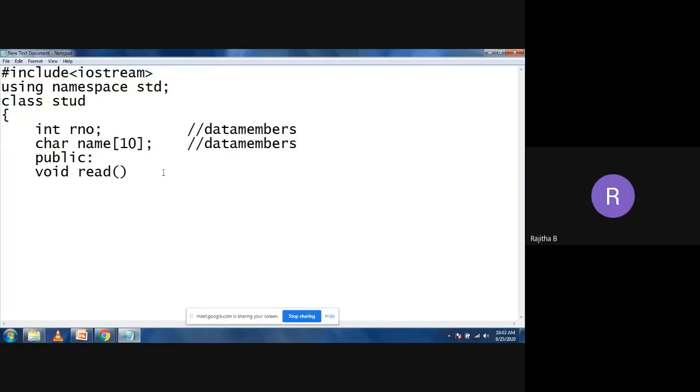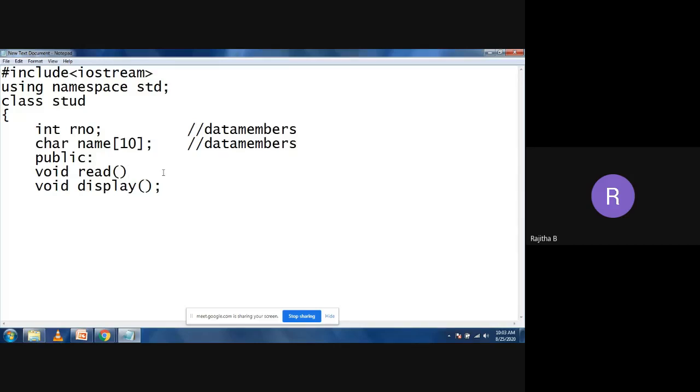Yes, ma'am. Good. Now I'm taking the 2 member functions, to read the values and to display the values. So I'm taking the display function to display the values of my class. Now see here, in two ways we can define the member functions: within the class and outside the class.